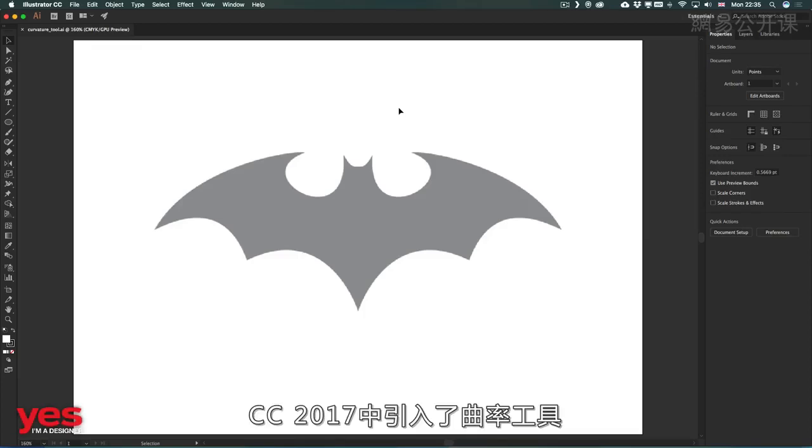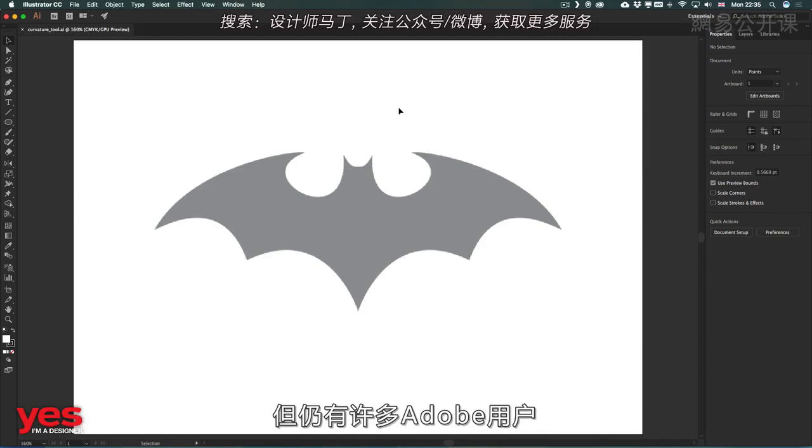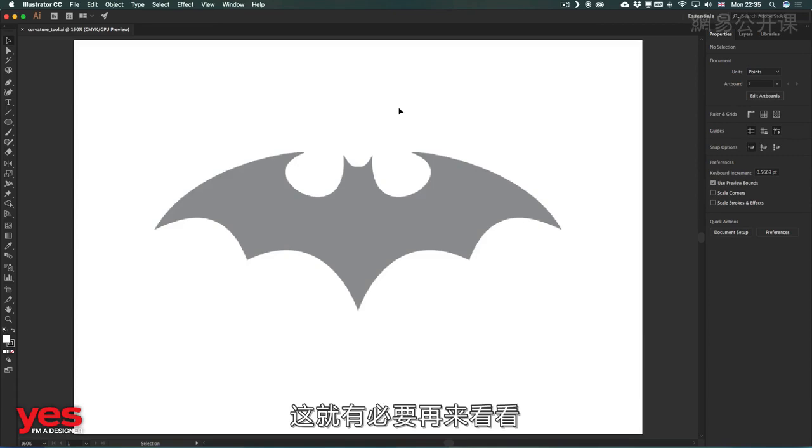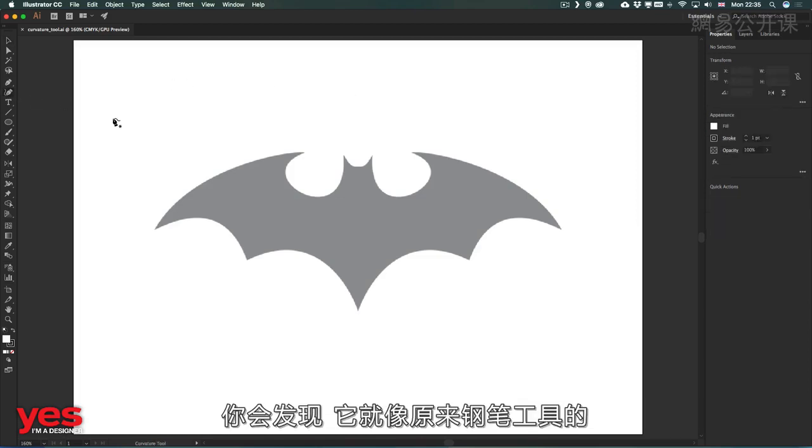The curvature tool was introduced in CC 2017, but there are still a lot of Adobe users who are not familiar with it. And since it was now added into Photoshop CC 2018, it's worth looking at it again and make sure that we know that it's consistent between these two applications. And once you learn it, you will feel like it's a more updated and more user-friendly version of the original